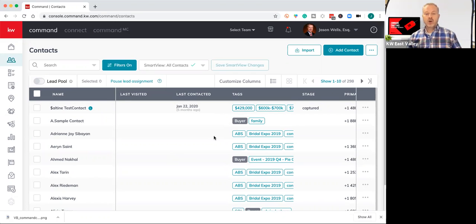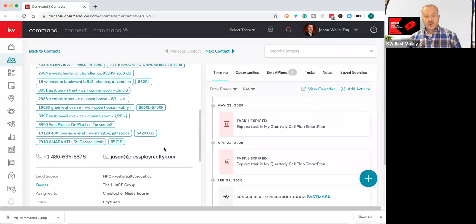Okay, now you're going to want to do this for the system tags to get them as applied as you can across the board. Now, those are very general tags. You're going to want to get more granular, get more specific with your tags, and that's where your custom tags come in. So to apply a custom tag, again, I can open up my Saltine test contact,